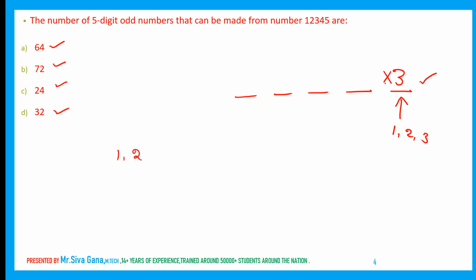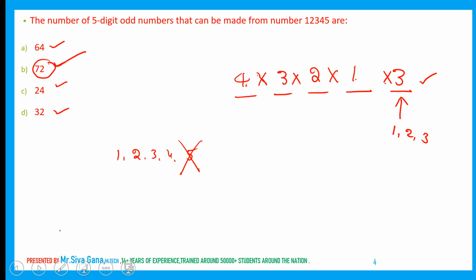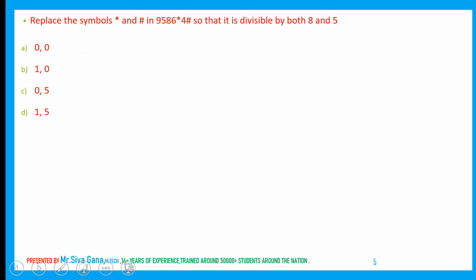So 3 options, right? One digit is over. The digits allowed are 1, 2, 3, 4, 5. Let us say any one digit is finished. Now to fill this place, we have 4 options. Next place only 3 options, next place only 2 options, next place only 1 option. Digits are not repeated. 4 3s are 12, 12 2s are 24, into 3, 72. This is the answer for this question. Simple, easy, important question from the topic of permutation and combination.